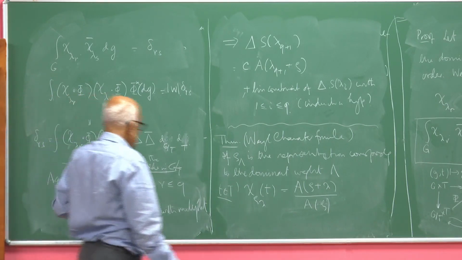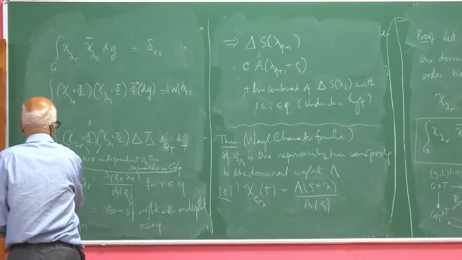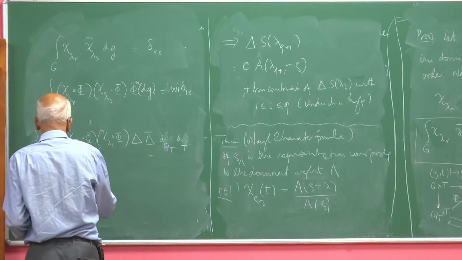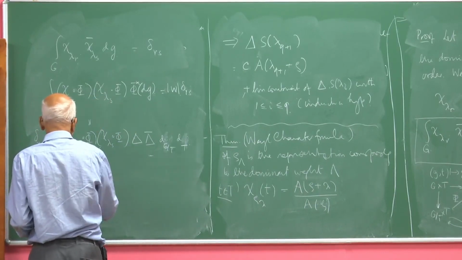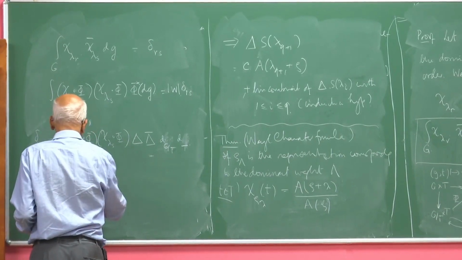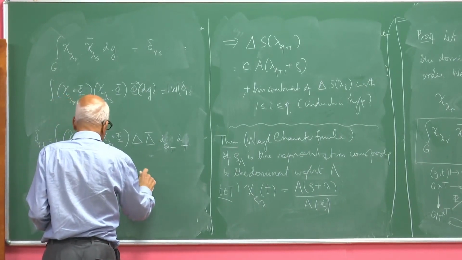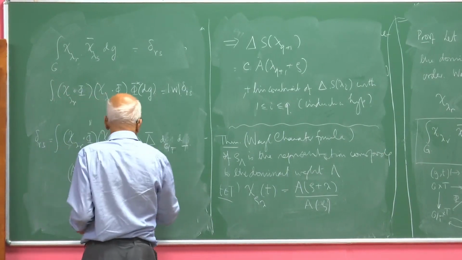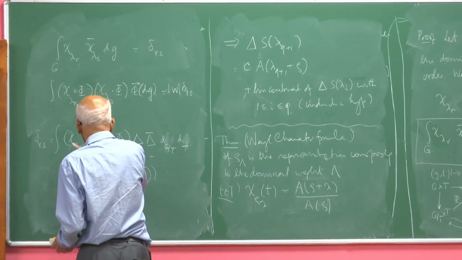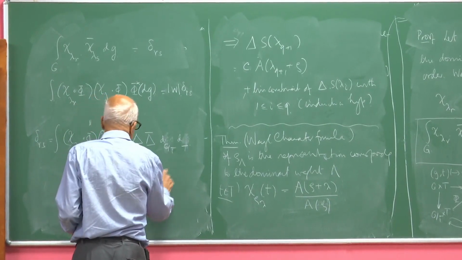Now on the other hand, look at the other expression which you have. A lambda r plus rho, A lambda r plus rho into A lambda s plus rho. I want to prove that chi lambda r is nothing but A lambda r plus rho times delta. So